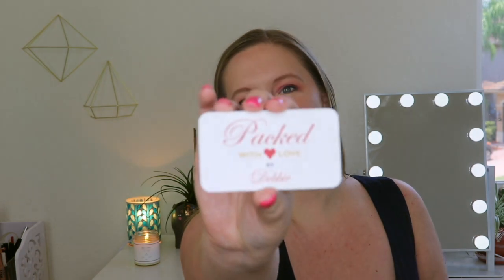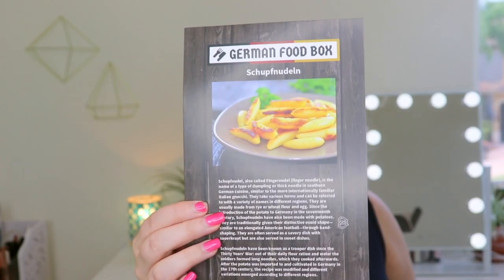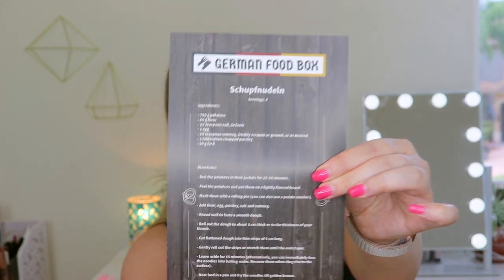So there's like some little cards on top. Okay, so like for a friend thing. Then it says Pack with Love by Debbie. I love when they tell you who packs your box. Thank you, Debbie. And then here is German food box, and it talks about some of the food. And this must be like the recipe card they're talking about. So this says